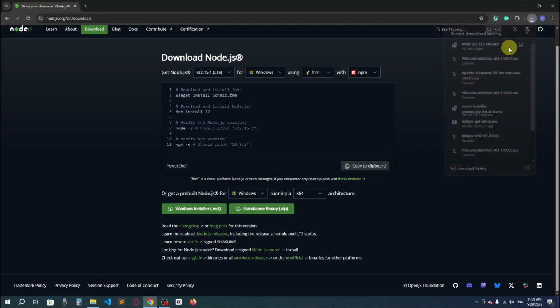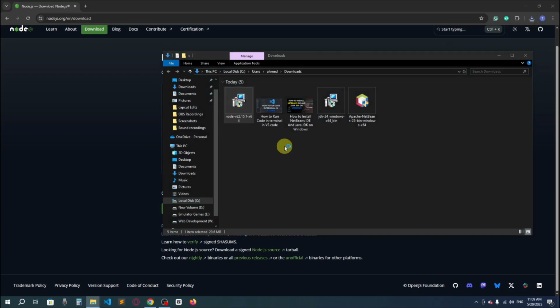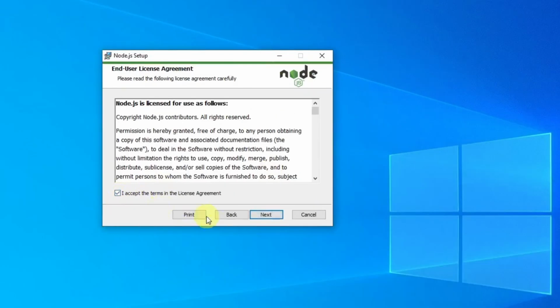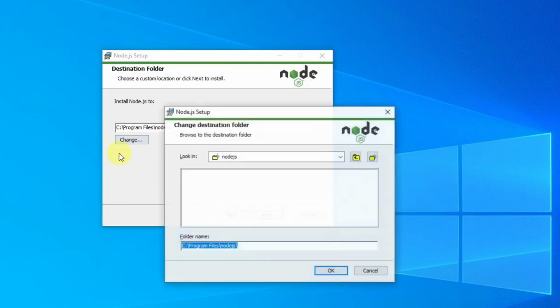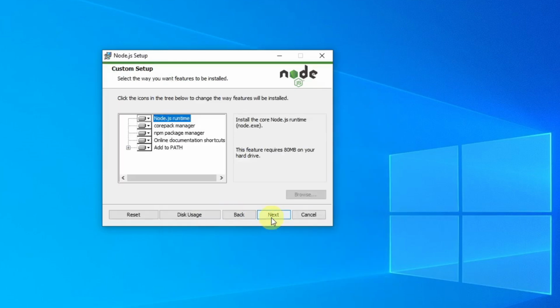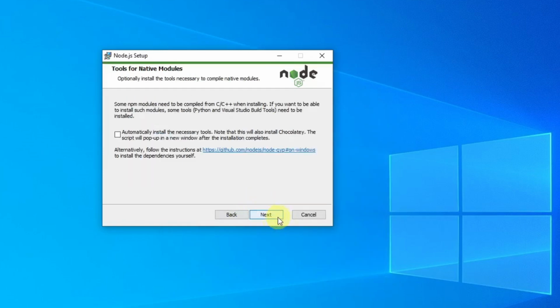Now we just have to go to the file location and then double click on it. And then we just have to check this, I accept and then next. So I want to actually keep them inside C drive, so I will not change it. If you want to change, you can change it through this button. So I will not change it. Let's just go to the next. Okay, next, and then